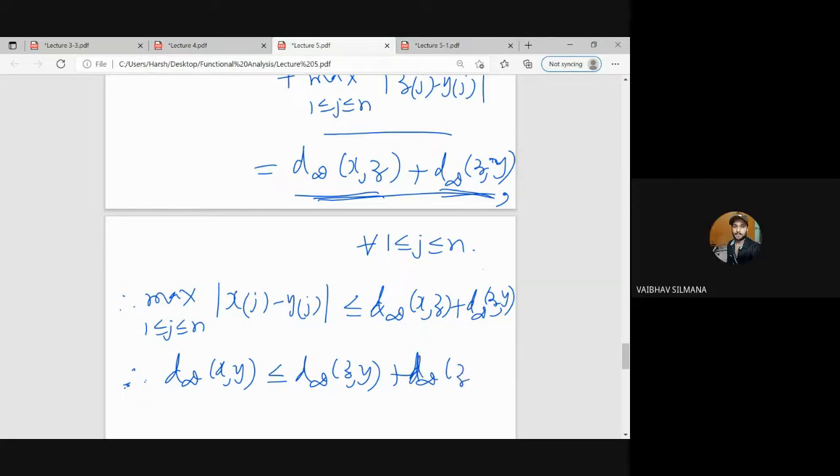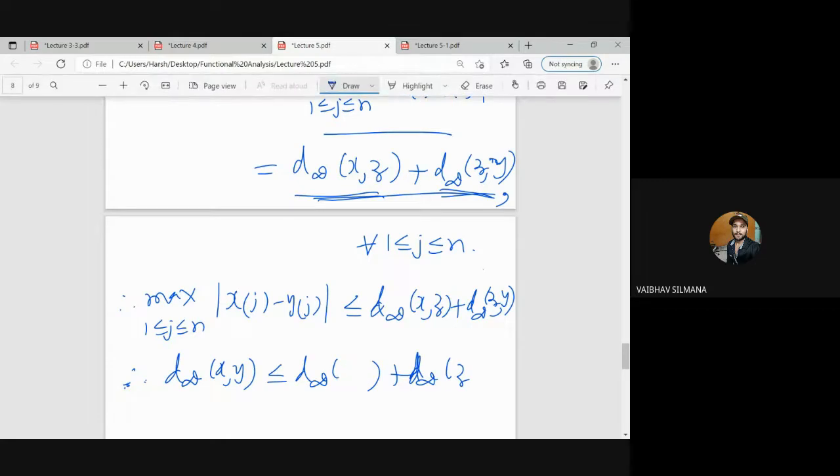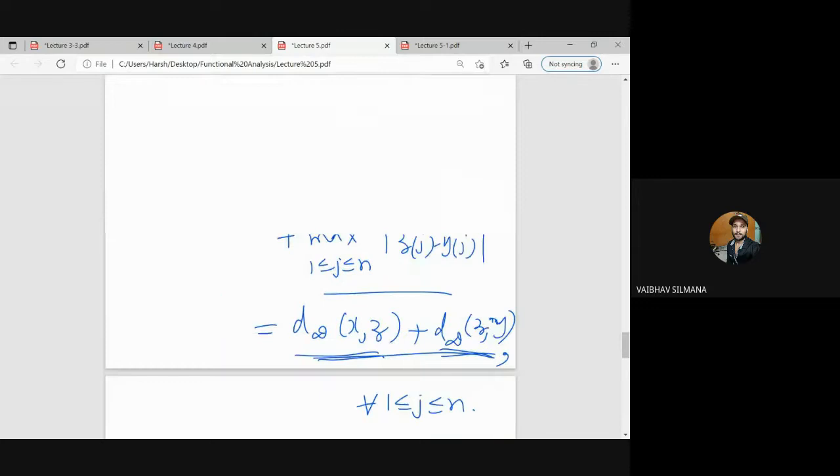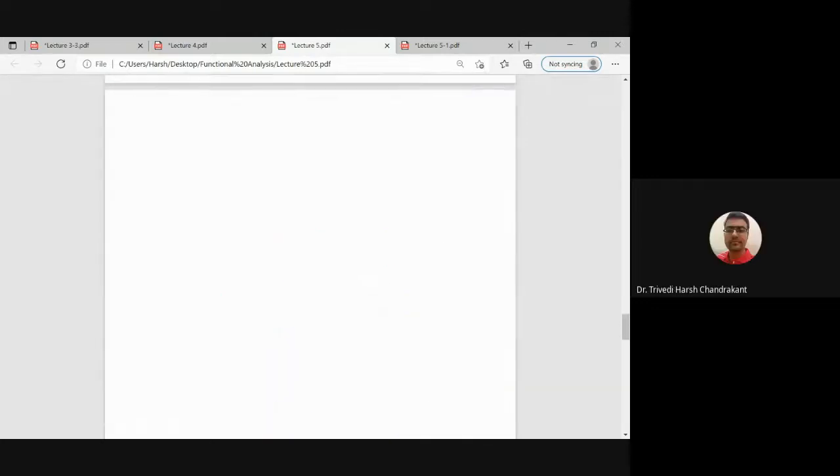Excuse me, sir. Please, can you re-explain this triangle inequality part? Yes, so where exactly do you have doubt? What we have taken at the start, just that thing only. So we are basically proving that